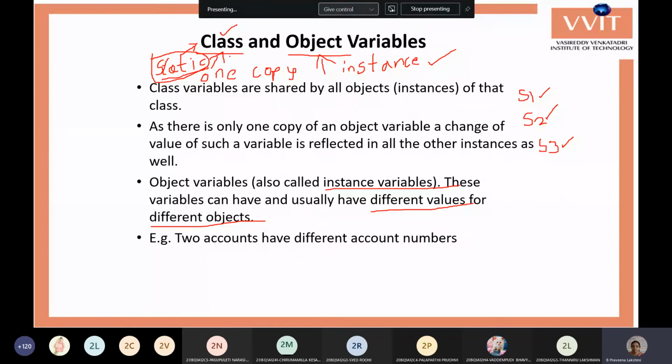If the first object assigns the value 10 to the class variable, then the remaining two objects, whenever they access that class variable, also get the same value 10. But that is not the case with object variables.